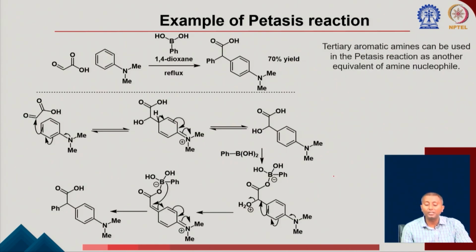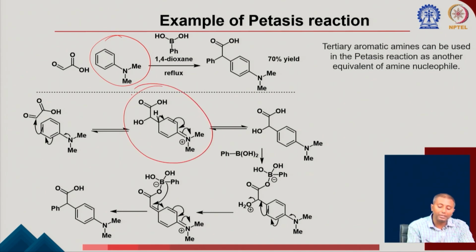This is the mechanism. I am just trying to show you the mechanism here, because what is happening here now is that you are trying to do some sort of a dearomatization of this ring at the beginning for the reaction to take place, very similar to the reaction with indoles. So this is the reaction with the corresponding carbonyl compound taking place, and then once you are going to rearomatize it, now the phenyl boronic acid is going to bind with the